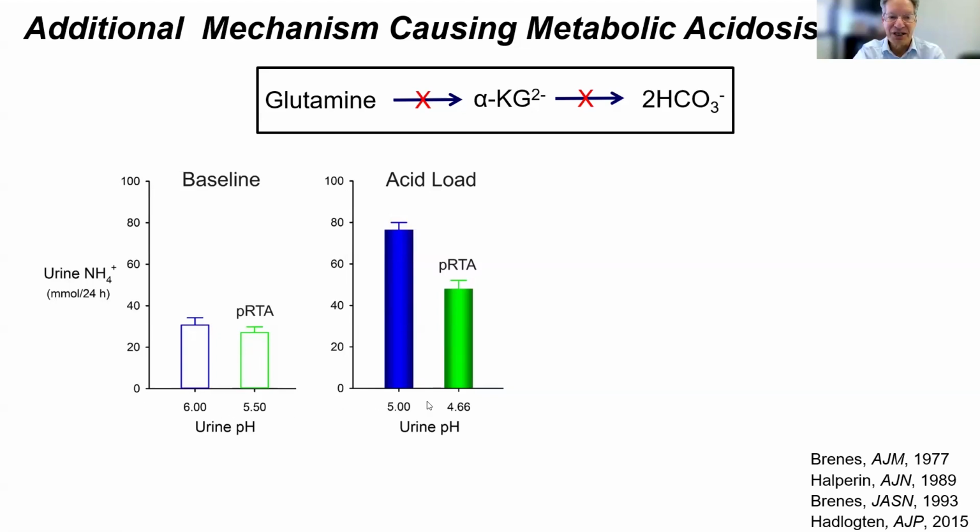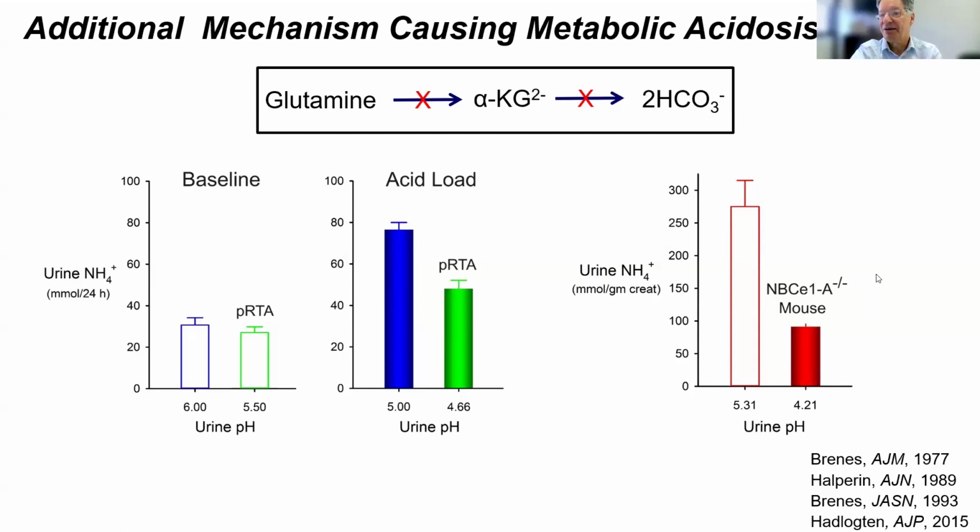A normal person going from 6 to 5, look how much more ammonia there is in the urine. That's because the kidney generates more new bicarbonate from glutamine. You generate more new bicarbonate, and remember that reaction also makes ammonia, 60% of which ends up in the urine. But in these patients, despite the urine pH being spontaneously low, they have the same amount of ammonia in the urine, and then when they're acidified, the ammonia goes up, but not what you might predict in a normal person. And also, there are mice where NBCE1 has been knocked out, and what you see is, despite